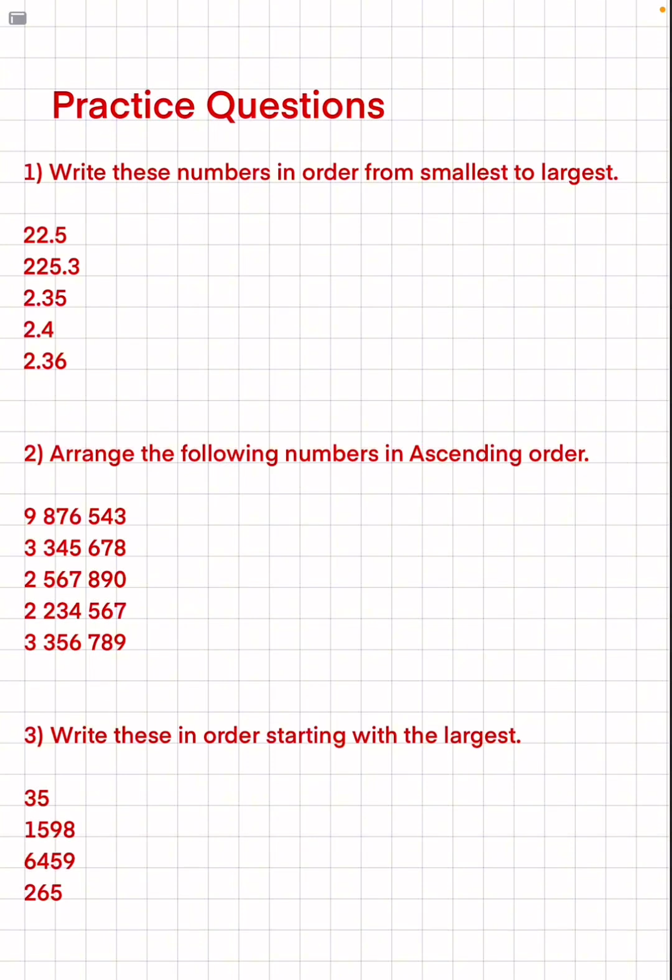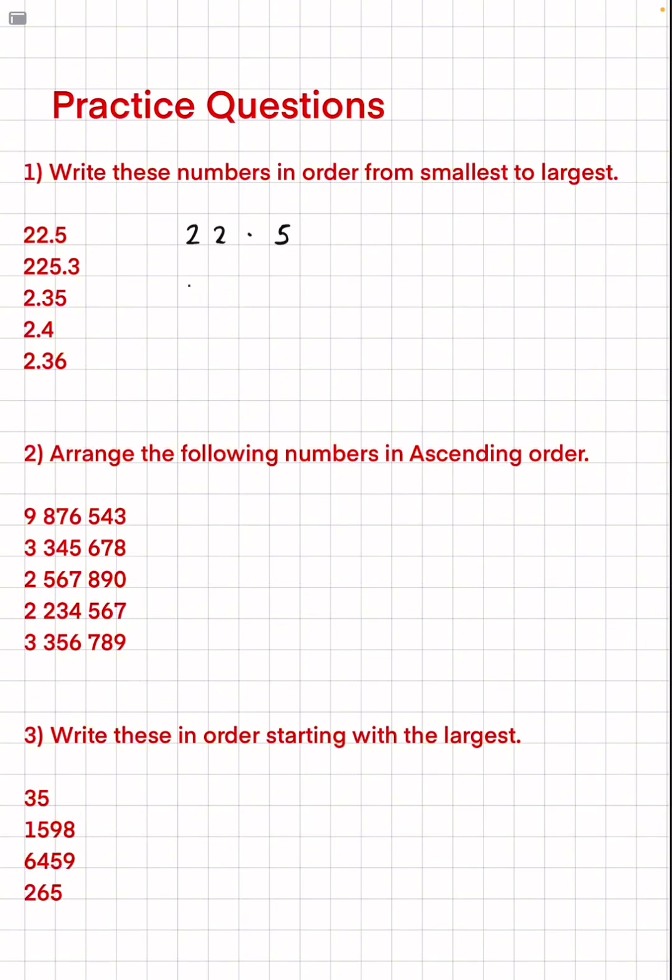Here are some practice questions for you to try. Press pause and have a go at them, and when you're ready for the answers, press play. The first question says, write these numbers in order from smallest to largest. All these numbers have a decimal point. We can write the numbers so that the decimal points are aligned. We have